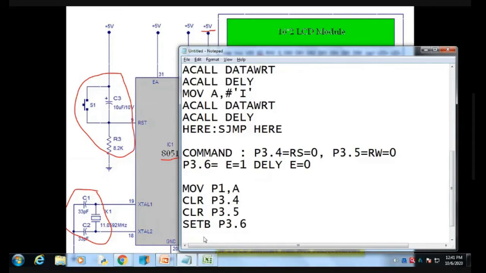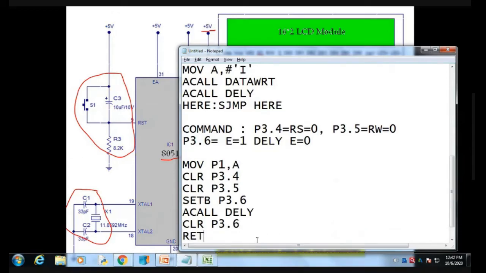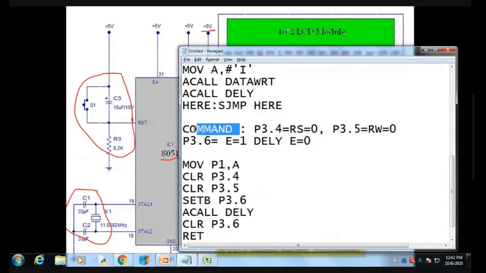After calling the delay, I am going to again CLR port 3.6, then RET. So this is the program for the subroutine for a command.